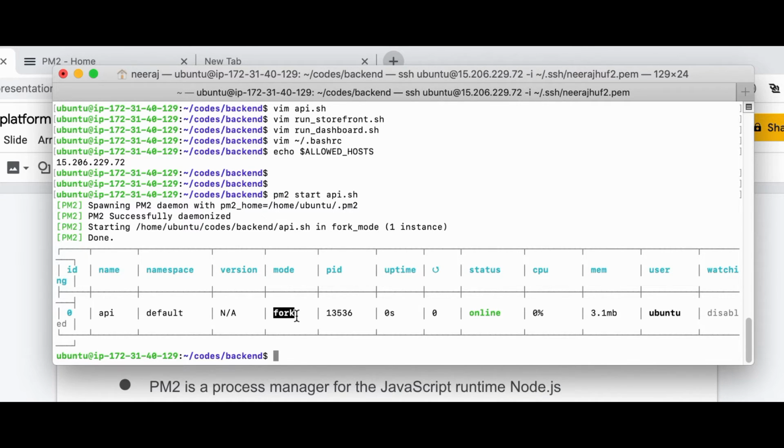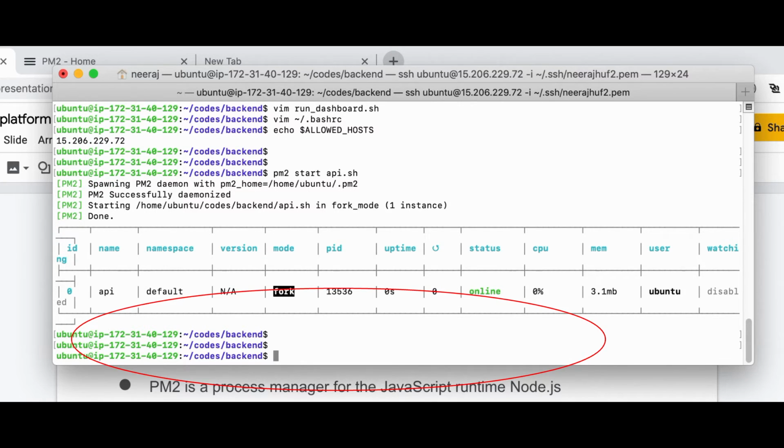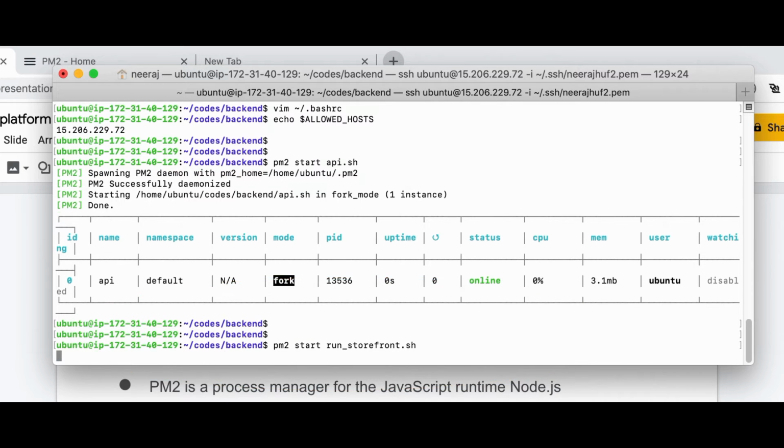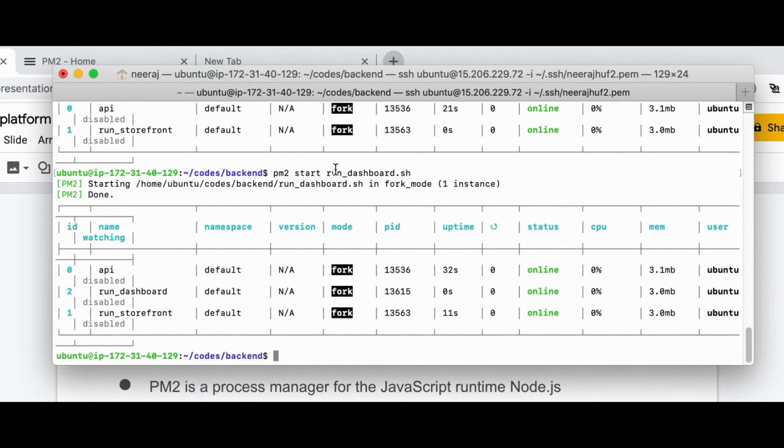Even if I exit the server, this process will keep on running. Same way, I can run storefront. Again, this process will run. Now I can run dashboard. So this process is also running.